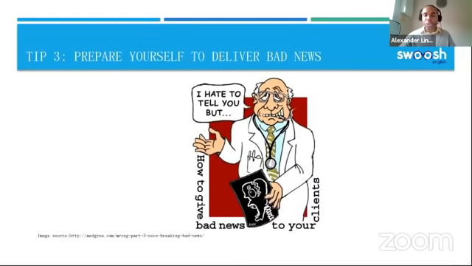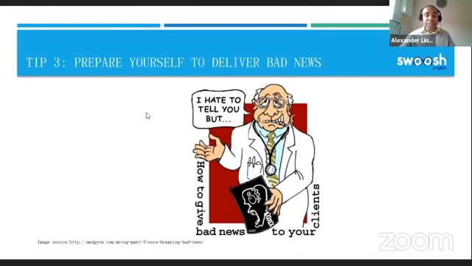So in a number of role plays, just as in a number of consultations in your real life experience, you'll have to deliver bad news to the patient. And how you do this is a key aspect of appropriacy. So one of the most difficult things, I would imagine as well, as a healthcare professional, is actually having to deliver bad news.